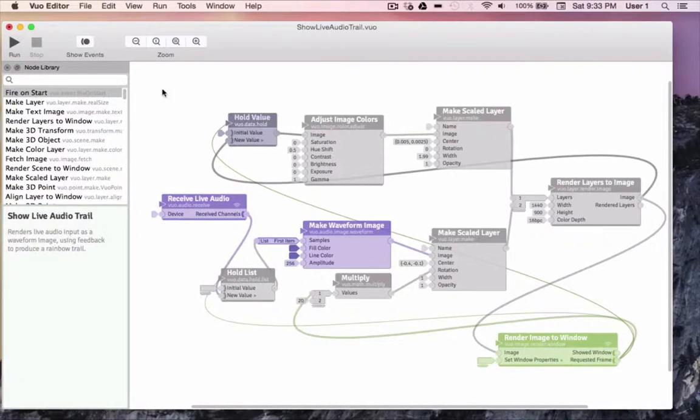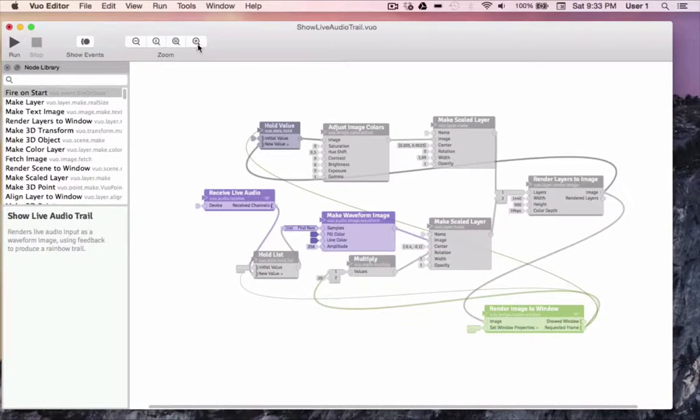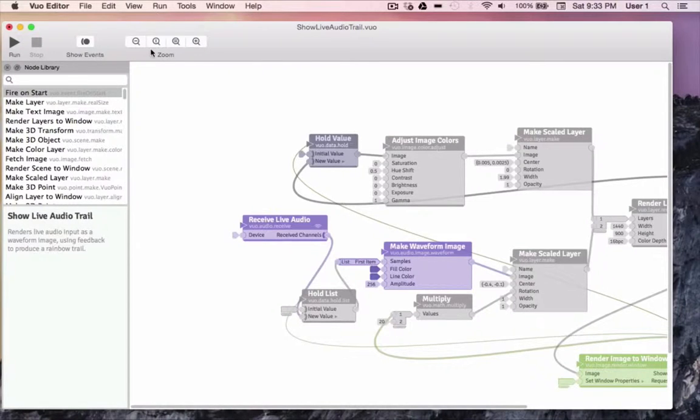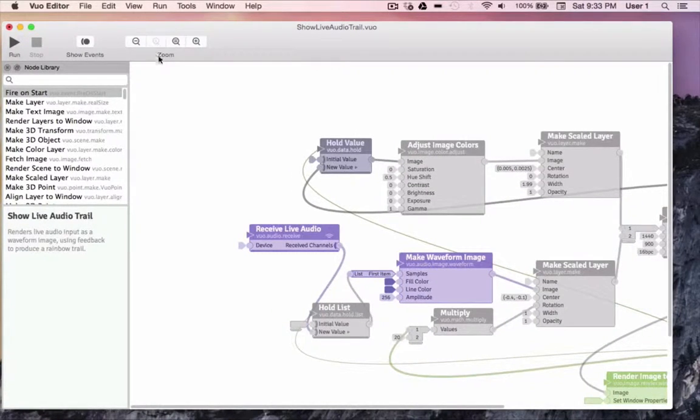At the top of the editor, there's a set of zoom tools. The far left button with the minus symbol zooms out. The far right button with the plus symbol zooms in. The middle left symbol with the number 1 in it always zooms to 100% zoom. And the middle right button with the equal symbol in it will always make the entire composition equal to the size of the canvas.